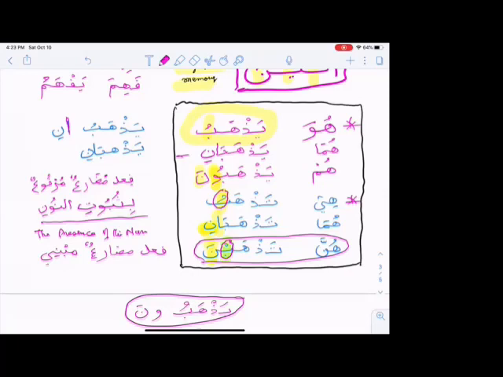فعل ماض، فعل أمر، مبنيان. They are fixed, ماضي and أمر. Remember, ماضي and أمر we'll do in lesson 14. They are fixed. فعل مضارع is معرب. It declines. It has three kinds of mood. It can be marfu, it can be mansub, it can be majzoom, but never mabni. So right now we are only looking at marfu.